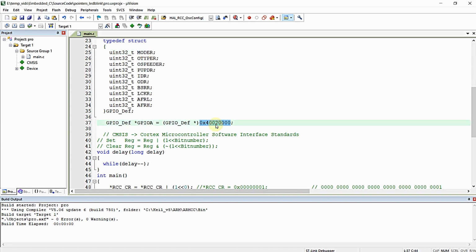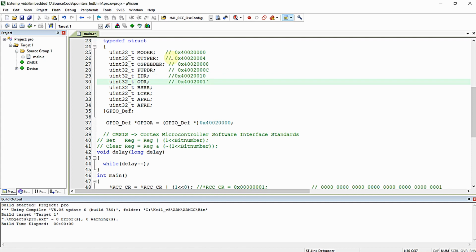This will be the starting address of GPIO-A, and this will be the starting address of this OTYPER register, and this will be the starting address of this OSPEEDR register, and following that this will be the starting address of PUPDR register, and this will be the starting address of IDR register, and this will be the starting address of ODR register, and this will be the starting address of BSRR register,